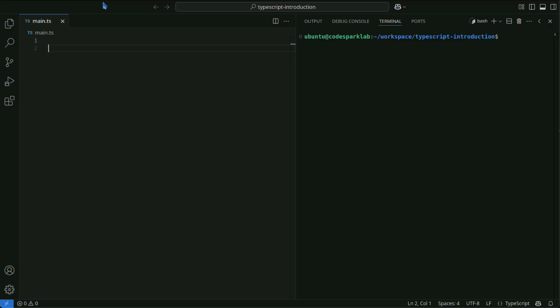In TypeScript, intersection types are a way to combine multiple types to create a new type. Intersection types allow you to combine multiple types to define a new type with all properties of those types. Intersection types are defined using the AND symbol and require all properties from each constituent type.